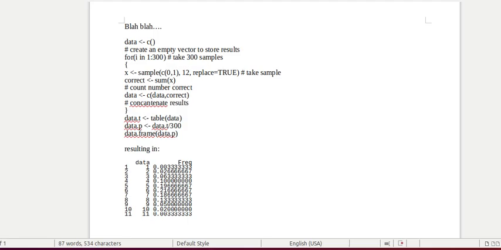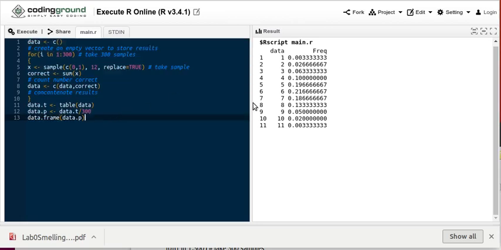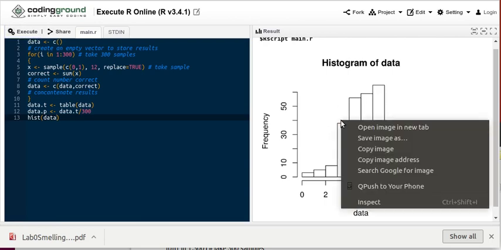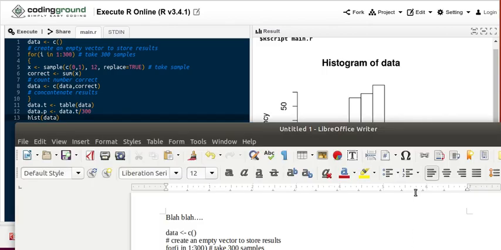Let me do one more thing just real quickly. In your compiler, maybe the last thing that I want to do is look at a histogram of my data. So let's execute that. And now it's producing a picture here. Often if you right-click that picture, then you can save the image or copy the image. I'm just going to copy the image and